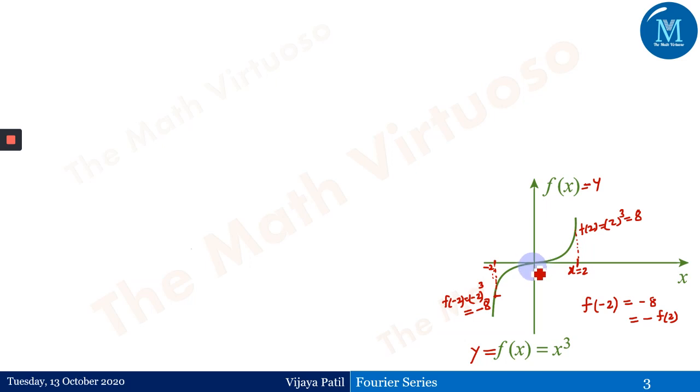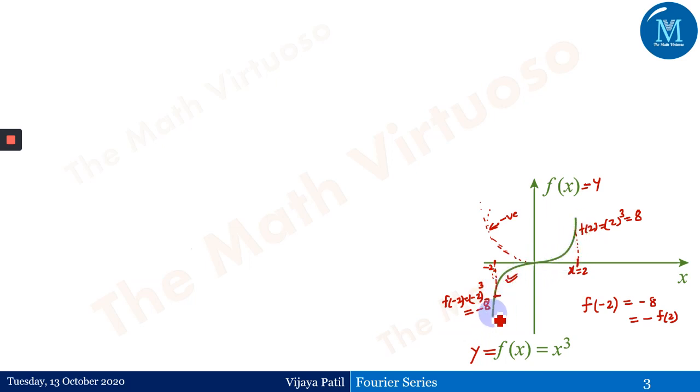So if I'm going to take the same kind of image over here, suppose I'm taking the same curve symmetric about this particular axis, and then again taking the negation of this curve. This is the curve in the first quadrant. If I'm taking the negative of this curve, or you can say the symmetric about the y-axis, I'm going to get a curve something like this. And now if I'm taking the negation of this particular curve, I'm going to get this type of curve. That means this particular curve is symmetric about the origin.